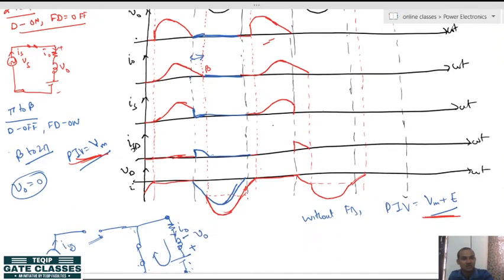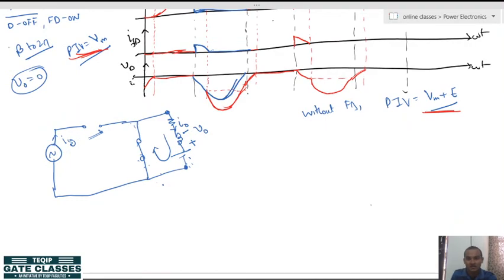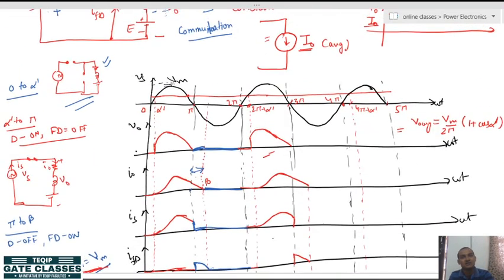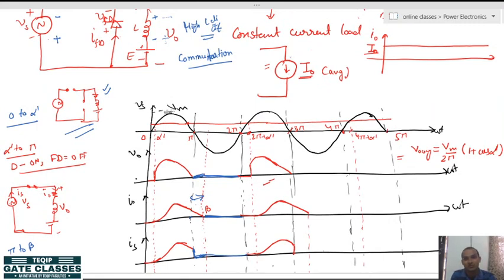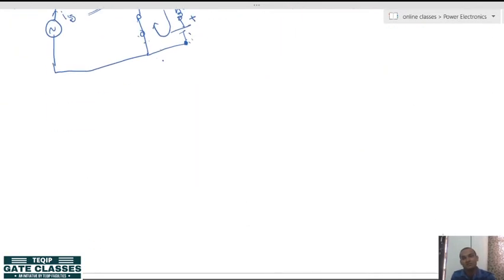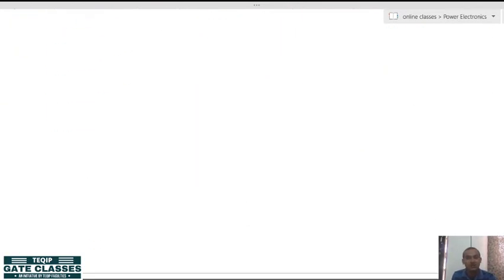So, now let's come to the next circuit, using the freewheeling diode with a continuous current load. This circuit was a discontinuous current load. Whatever waveforms we have made here, this was discontinuous current mode. All right. So, now let us study the freewheeling diode effect for a continuous load current and ripple free,